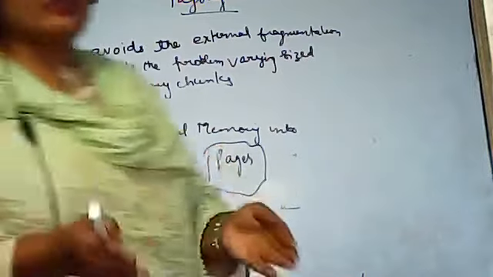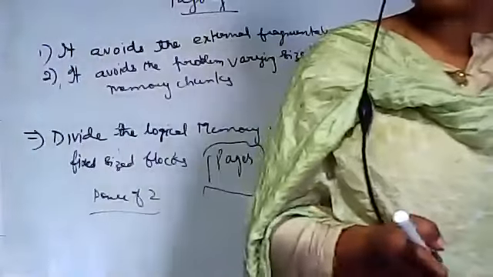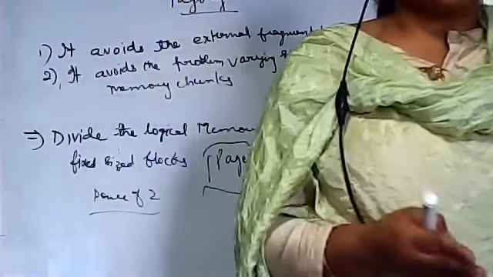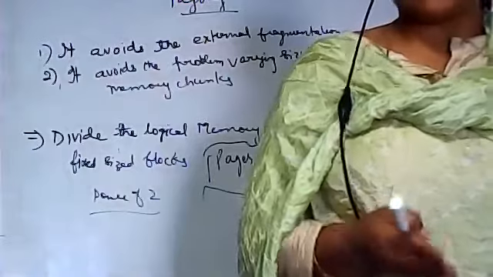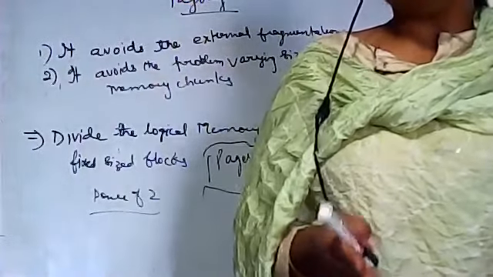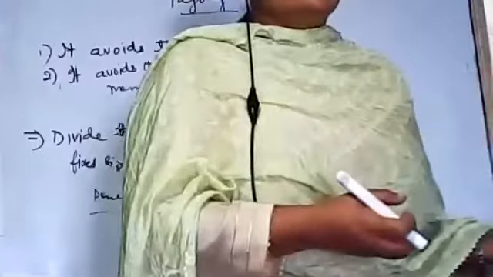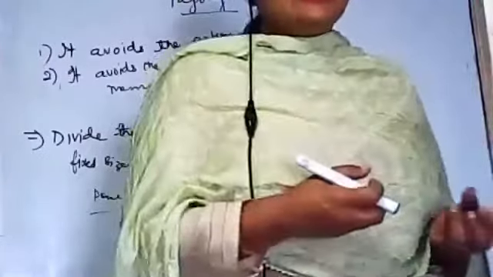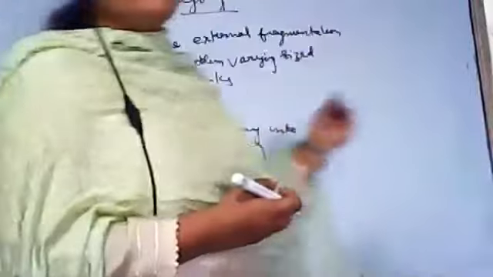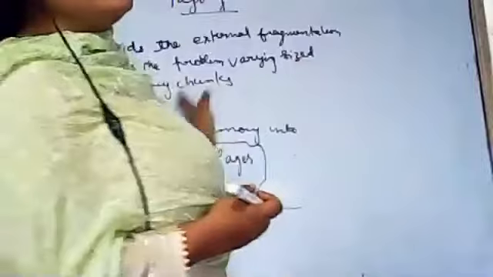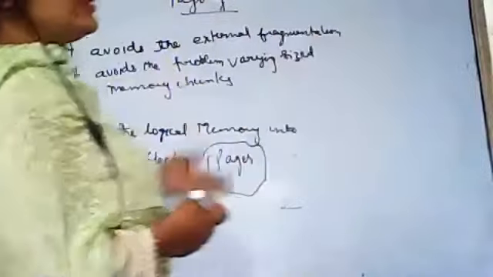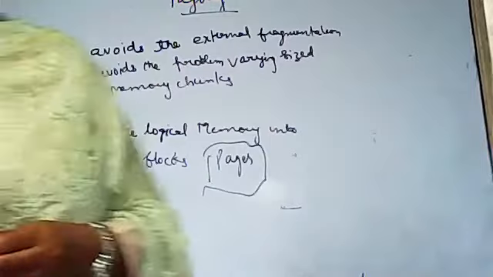Keep track of all the free frames. If you want to run a program of size n pages, you need to find n free frames to load the program. आप किसी program जिसके n pages हैं अगर चलाना चाहते हो, you need to find the n free frames so that you can load the program from physical to the logical address space. And if a page is coming to the logical address space, that means it is interacting with the CPU. फिजिकल मेमोरी से लॉजिकल मेमोरी की ट्रांसलेशन होगी और लॉजिकल मेमोरी से वो सीपीयू के साथ इंटरेक्ट करेगा.